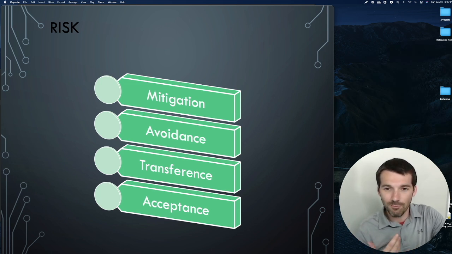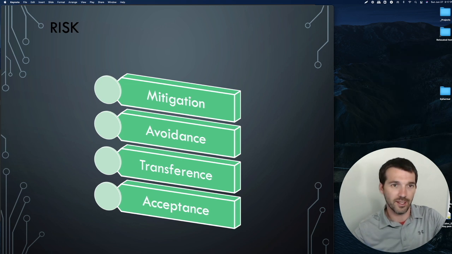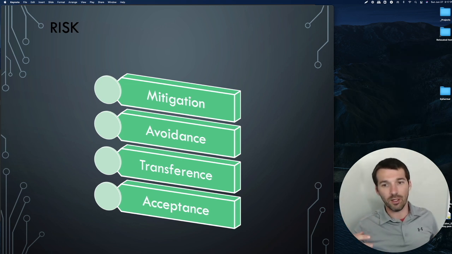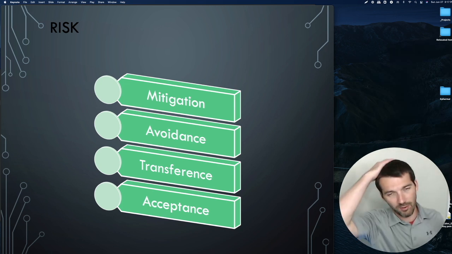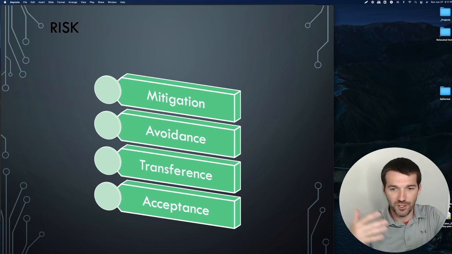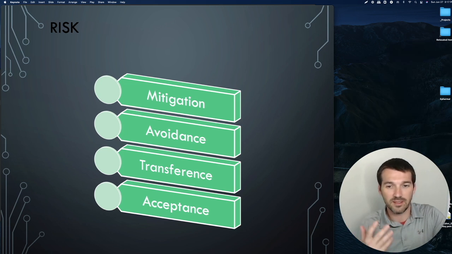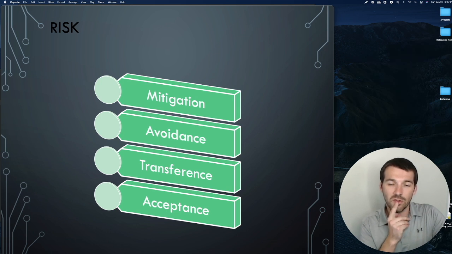So you're not going to completely eliminate email, right, for this example that I'm using, but maybe you make the email server not accessible from the internet, so it only works on your company's network, right? And now you've avoided the risk scenario, somewhat. Or you switch platforms, right? You move off of Exchange onto some other mail server, and now you've avoided that risk because it's absolutely not there. There's transference, which is almost always